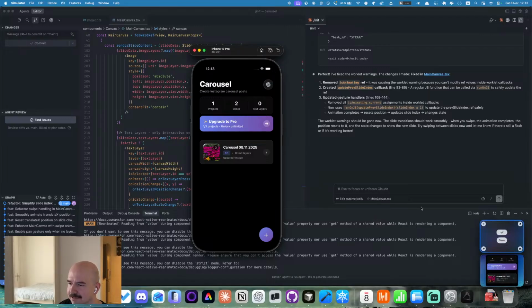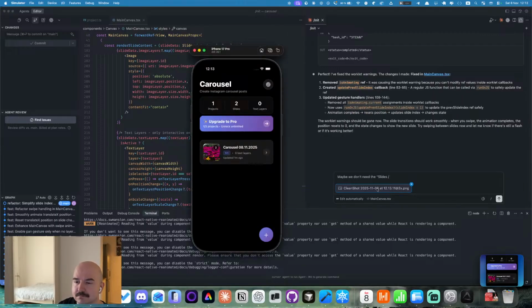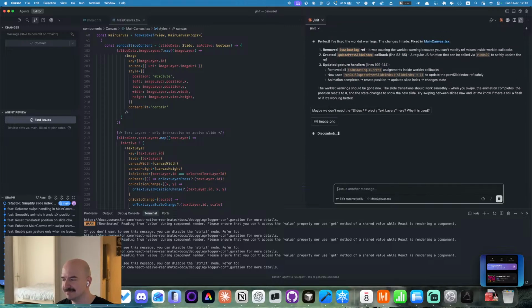I don't like this design. It feels like it's not needed.